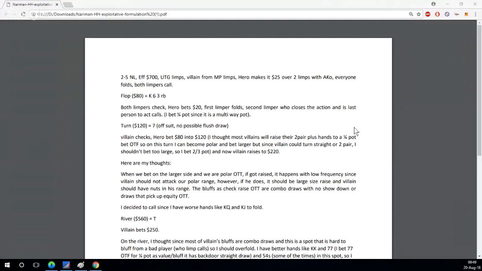So say it was a jack, what would you bet? If it is a jack, jack is a good card for me, then I choose a smaller size. There is no need to become polar. Yeah, okay. So I think if it was a jack, I would bet twice the pot. Anyway. So if you could help me with that, because I'm looking at solvers sometimes and looking at cards that either help the bettor's range or not, and trying to figure out whether you go polar or not. So,